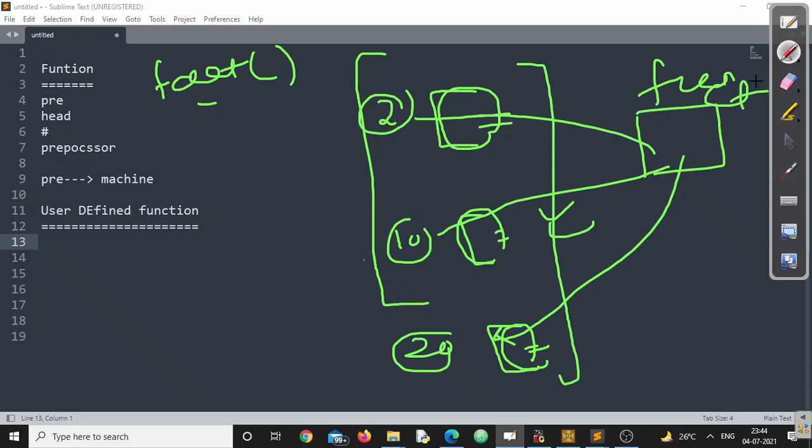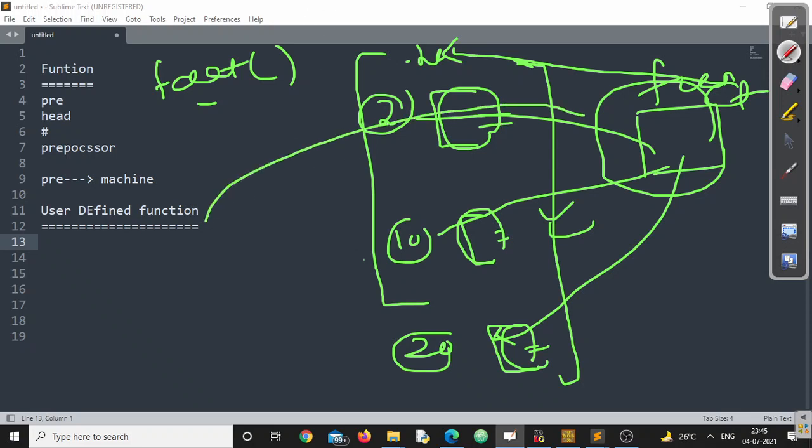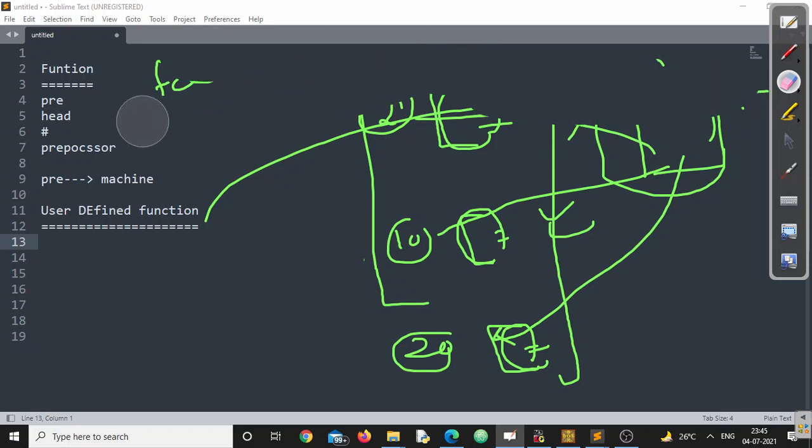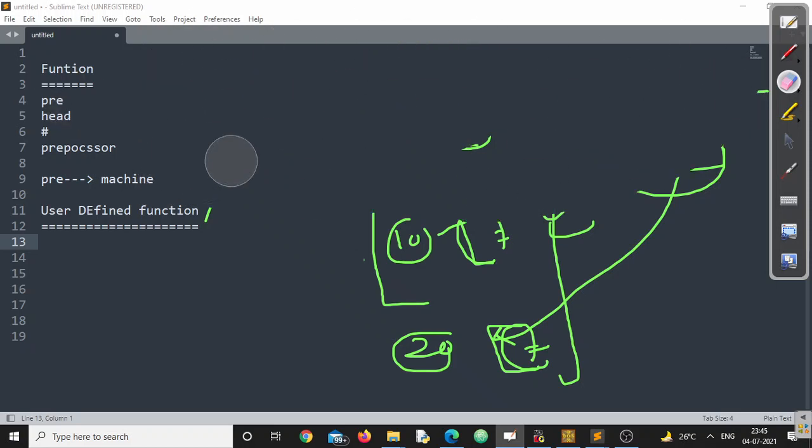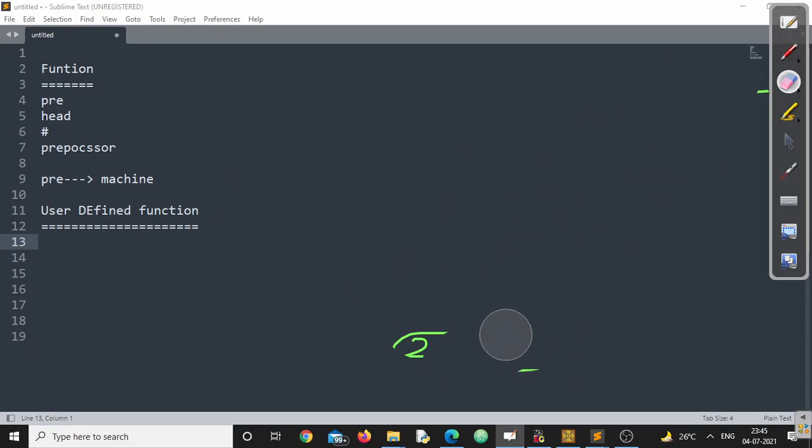I think this part we have already discussed. The only difference is, since this particular function is not there in the C library and we require it, we have to create that function. So whenever the user creates any function for his or her own requirement in programming, that particular function is called a user defined function. I think you got clarity on what exactly a user defined function is.